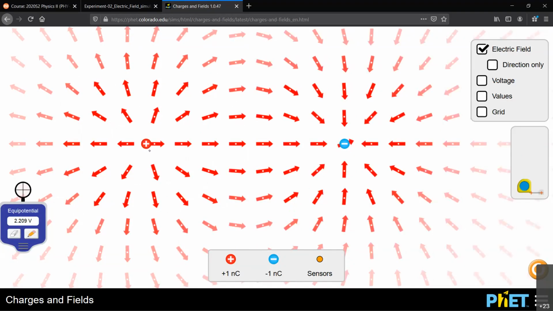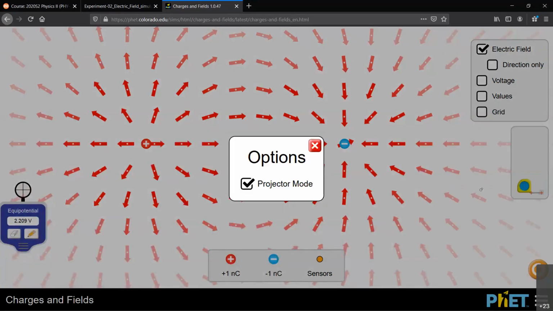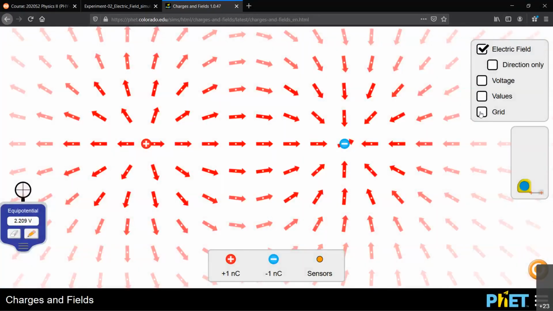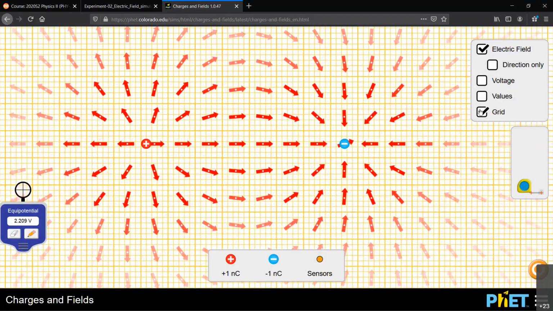Now, if I bring another charge particle and place it somewhere close, you can see all the electric field lines start from the positive and go towards the negative, right? So we now have what we call the dipole situation: a positive charge particle and a negative charge particle.